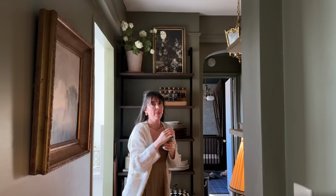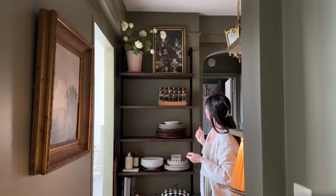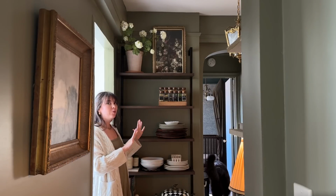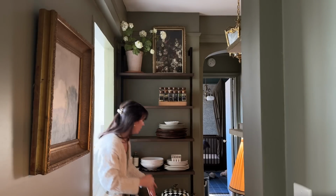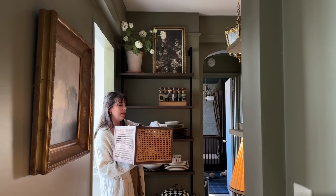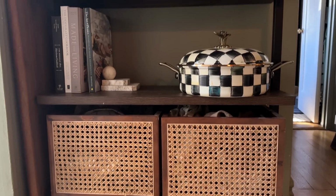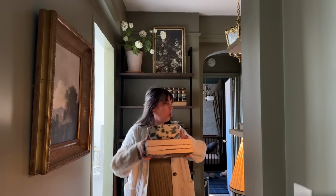space very unique. I recently labeled all of my spices out here to have the same type of label, and I feel like now they look really good. These I try to keep half, well, definitely functional. We store a lot of dishes on them, but at the bottom we have tablecloths, table linens, and napkins in those. And then I have some of my favorite pots, but I'm going to add some cookbooks and some floral bowls to